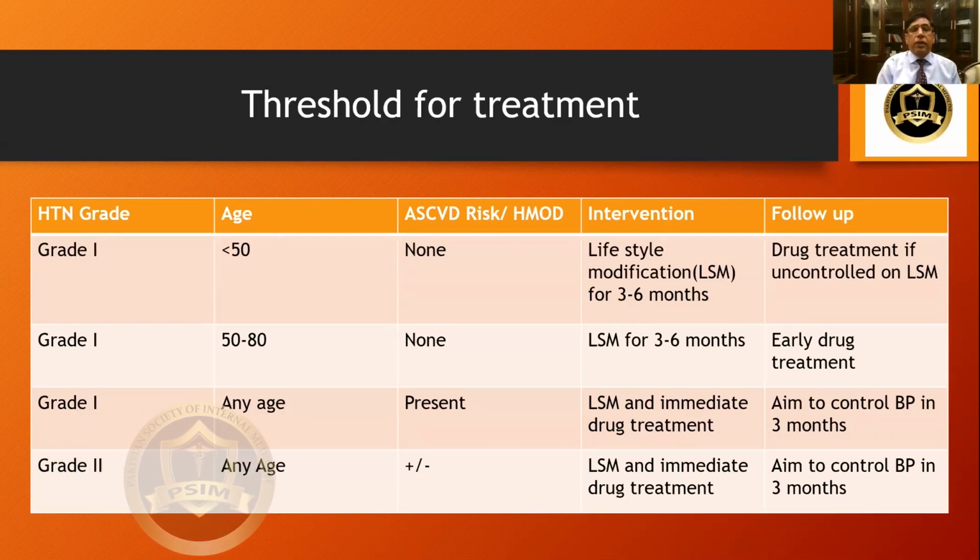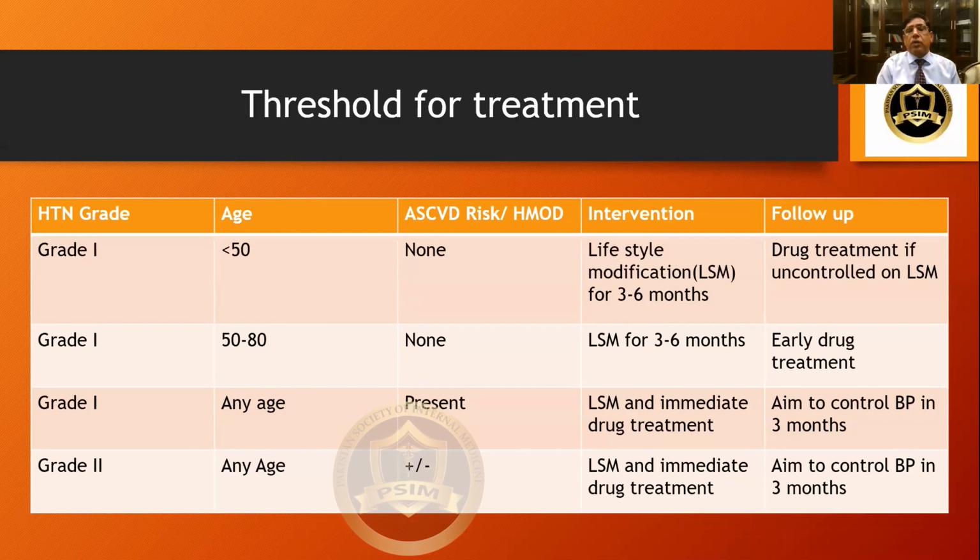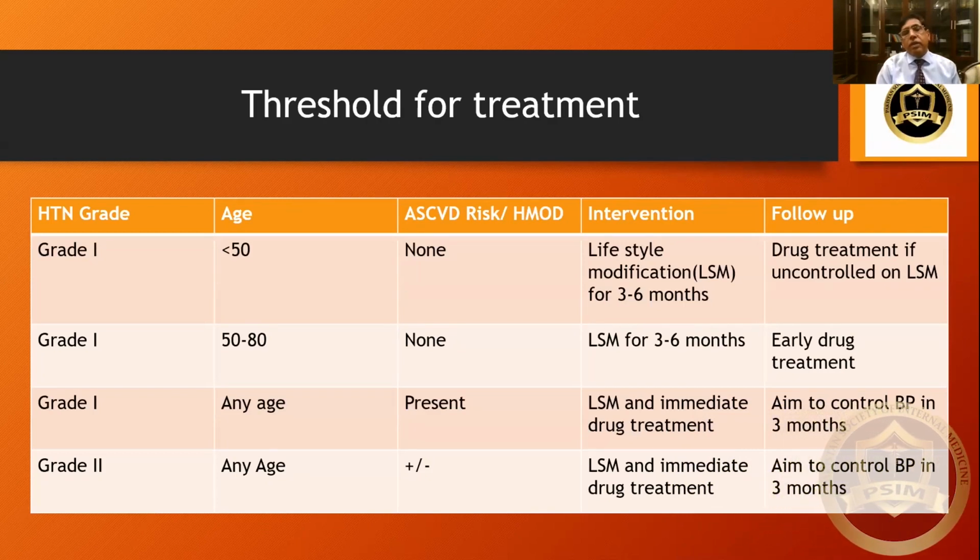If in a younger patient you are waiting for 6 months, here you may be waiting for 3 months only. Grade 1 hypertension, any age, but there are atherosclerotic cardiovascular disease risk factors present, you must start with lifestyle modification and immediate drug treatment. And our aim is to bring it to normal level. We will be talking shortly about what level we want to achieve within 3 months. Grade 2 hypertensive, any age, whether risk factors are present or not, there should be lifestyle modification along with drug treatment. And again, our aim is to attempt to bring it to normal